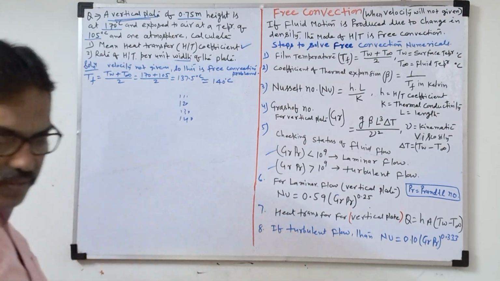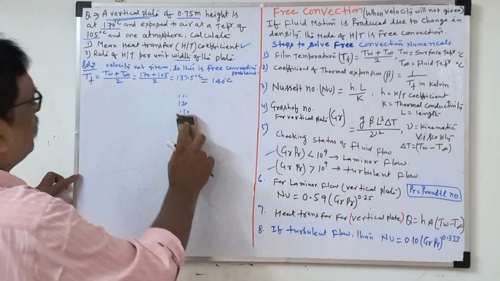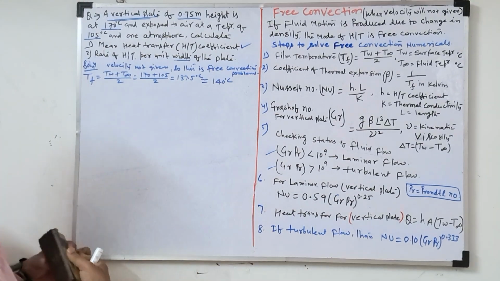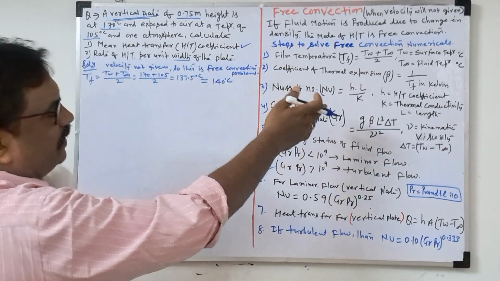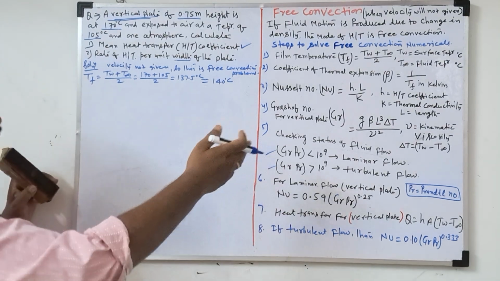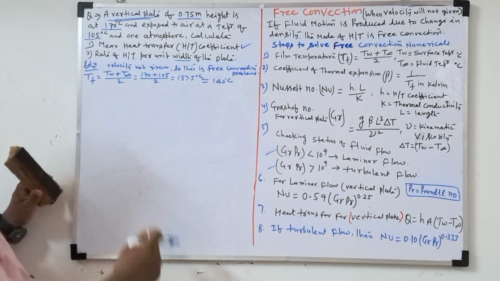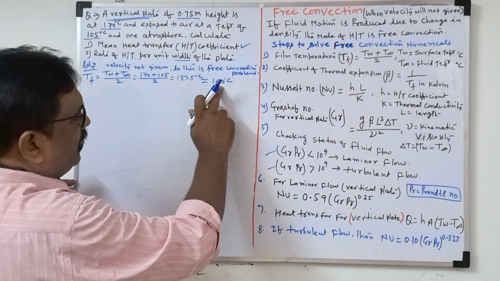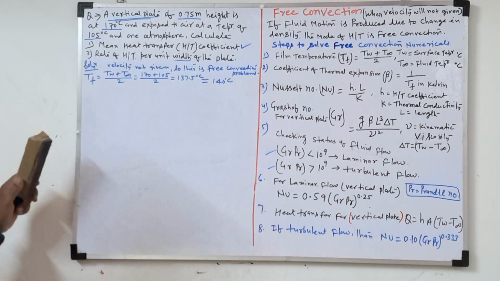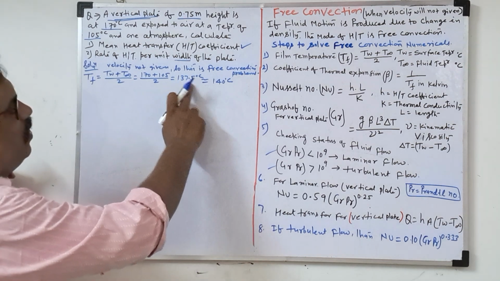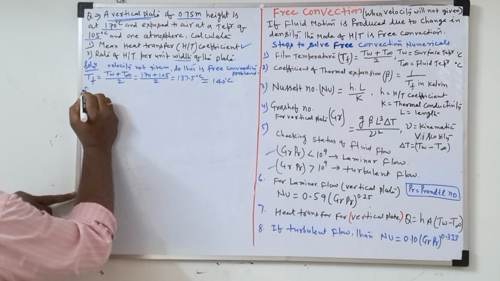So our film temperature will be 140 degrees Celsius. Why did we approximate this? Because in the HMT data book, we'll find the properties of air like kinematic viscosity, thermal conductivity, Prandtl number and density from the 140 degrees Celsius row. The data book gives whole numbers like 130, 140, 120, so fractional values we approximate to the nearest value. So from the HMT data book,